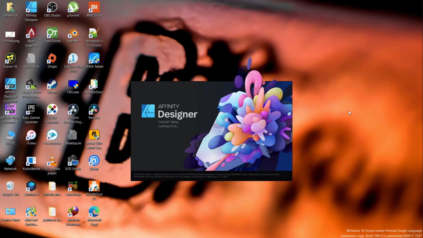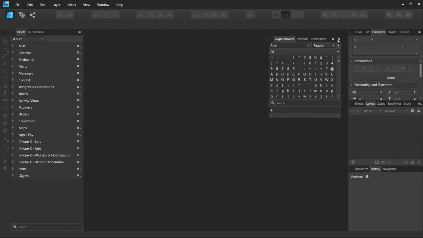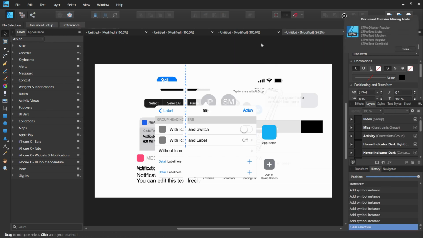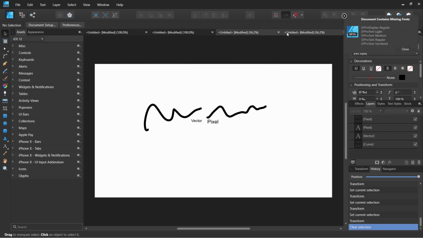First of all, about the title, it is based on me. I'm a beginner. I'm still a beginner. That means I don't do that much illustration stuff and I don't know that much illustration stuff. But as a beginner, Affinity Designer is the best application that I used, which is very simple, easy to use and snappier. So we are going to get deep into this Affinity Designer. So let's jump into this video.